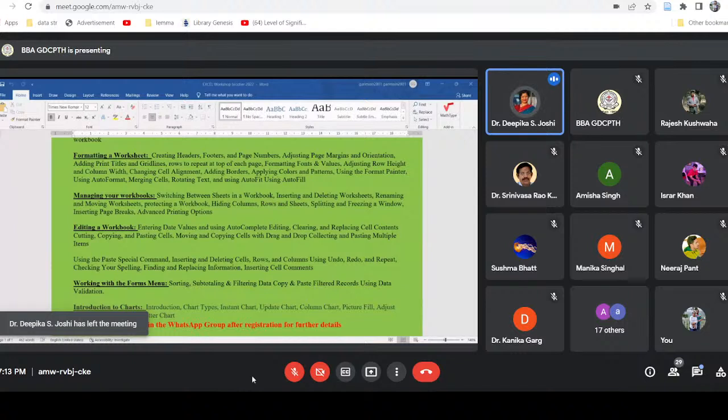Cutting, copying, pasting cells, moving and copying cells, and drag and drop collection, and pasting multiple items. So we have covered managing your workbook, wherein we have skipped protecting a workbook only. Moving on to editing a workbook, entering date values and using autocomplete editing. Okay, fine. Let's start with